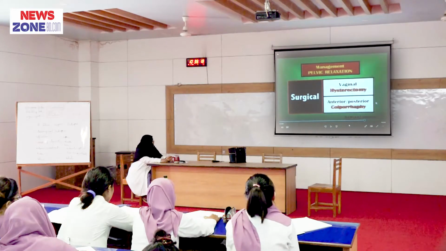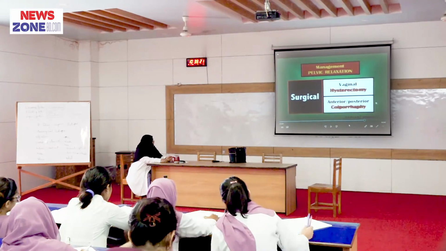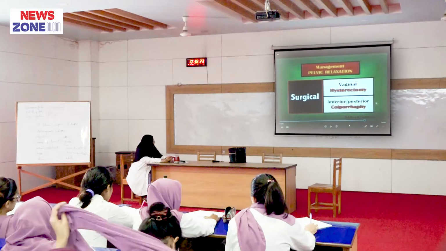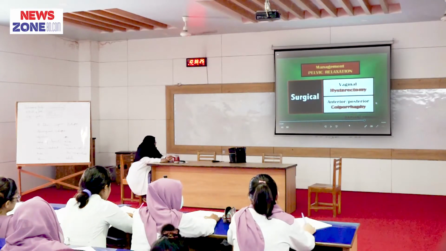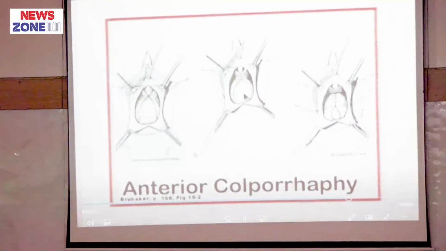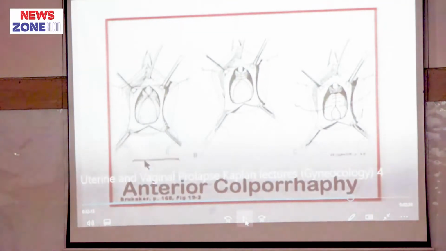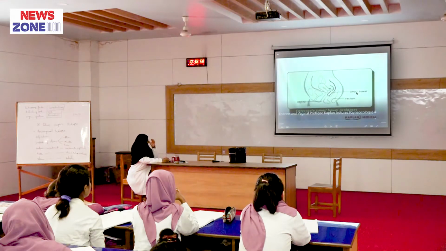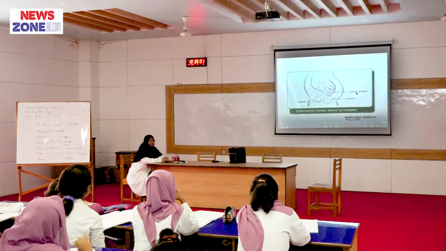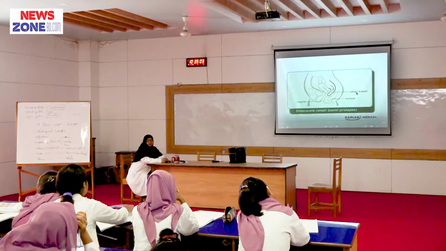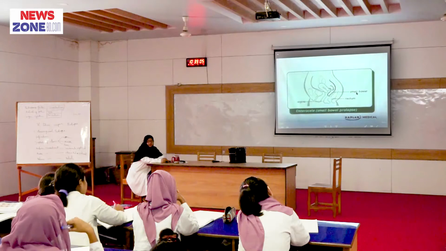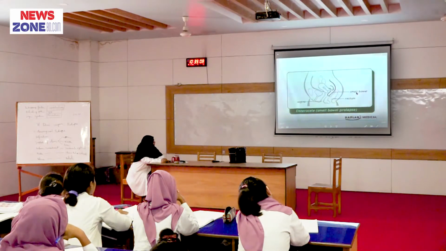If there is anterior cystocele correction, there is anterior colporrhaphy. And if you do the posterior correction, that is called posterior colporrhaphy. You see here, I will show in the living body, but you should imagine here, the vaginal wall separated from the bladder and then repaired. And there is another operation without removing the uterus, that is without doing vaginal hysterectomy, that is called Fothergill's